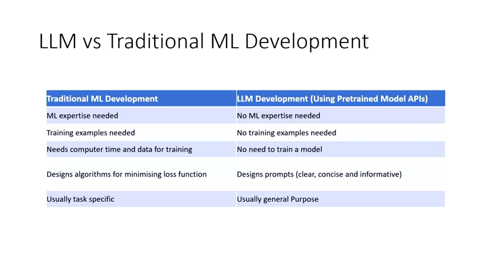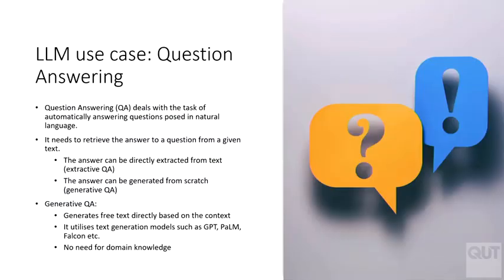And if you look into traditional deep learning or machine learning models, they are task specific. For example, they can be used to detect misogyny online or some other thing, right? On the other hand, large language models are general purpose. So you can ask them to do anything, and they will try to do those things, right? One example of a large language model use can be question answering. You can ask it some questions, and then it can give you the answer.